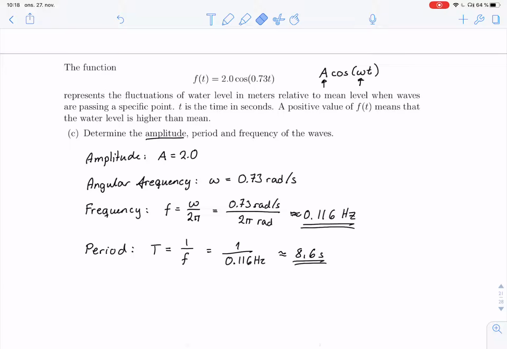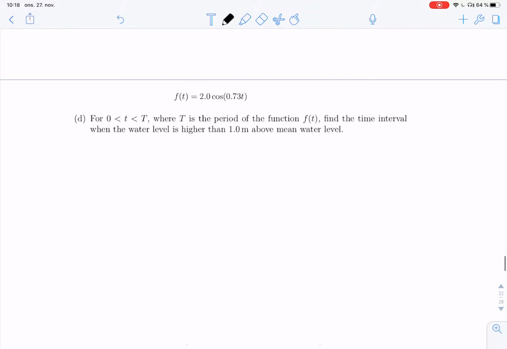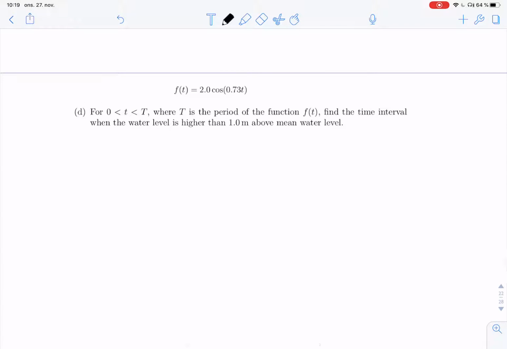So during 1 second, we managed to have 0.116 parts of a period, and one period would be 8.6 seconds. Now we have the period and the frequency, and we're done with C. D. For 0 less than t less than the period, where t is the period,